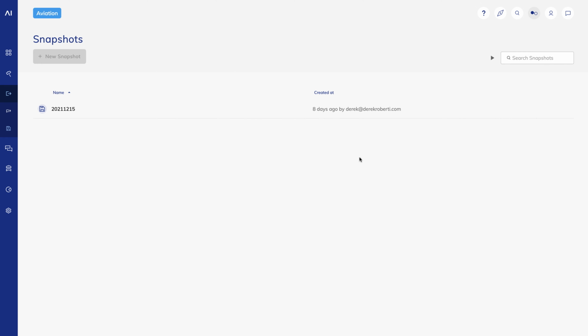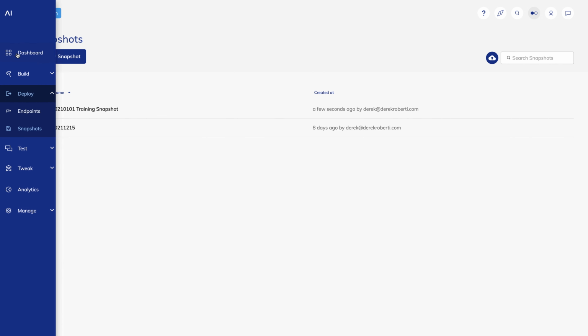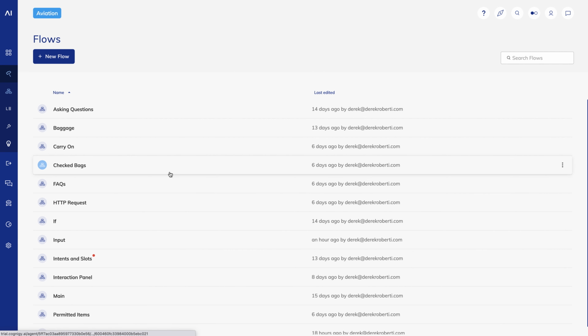Let's imagine we are currently live with our bot and we want to make some changes. I'll go to my input flow and change the welcome message.